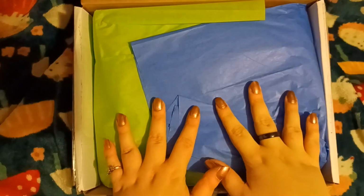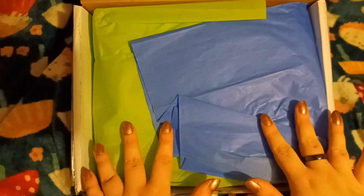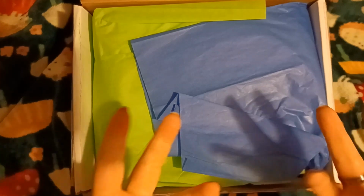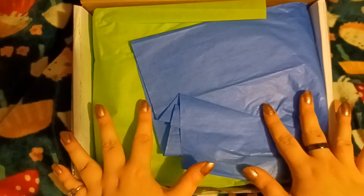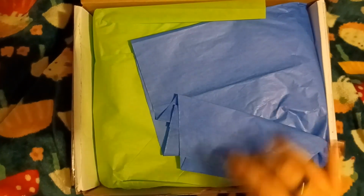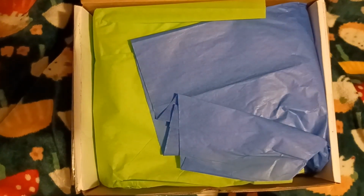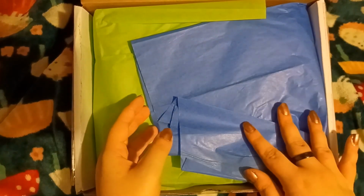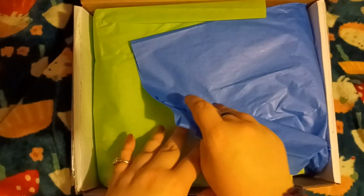So this month the paper is blue and green. I'm not sure if that is symbolic of anything, but it is very bright. It seems to me like a meeting of the cold of winter and the coming of spring. So I don't know if that's what they were thinking or if this is just what they grabbed this month, but it's definitely a very fun choice for wrapping paper. And inside,